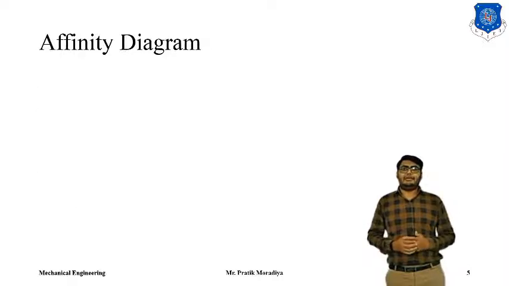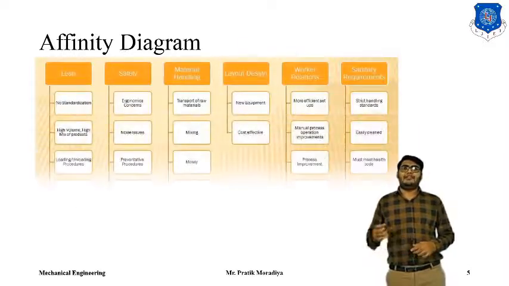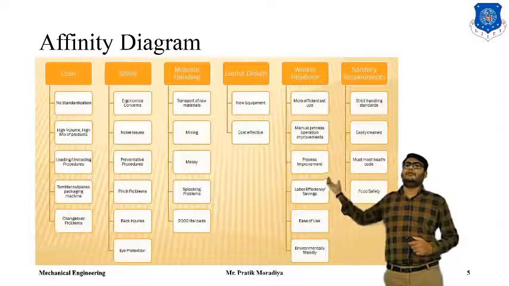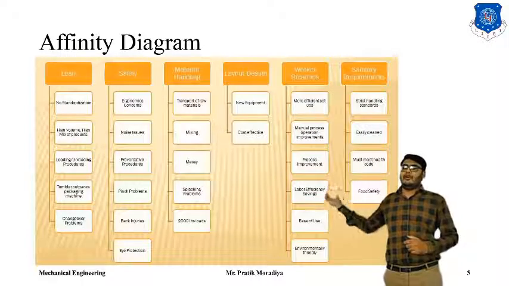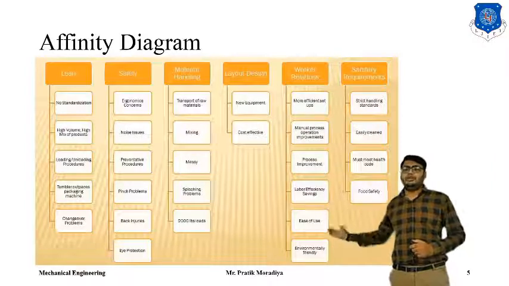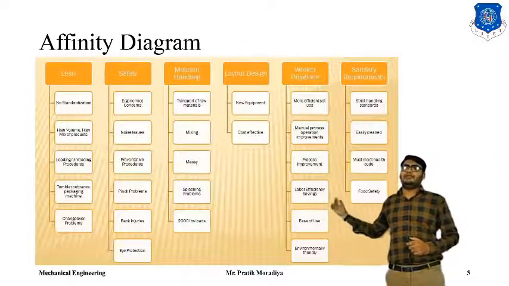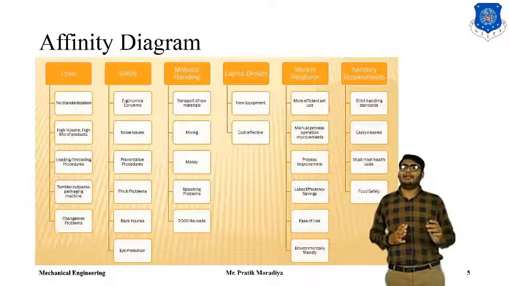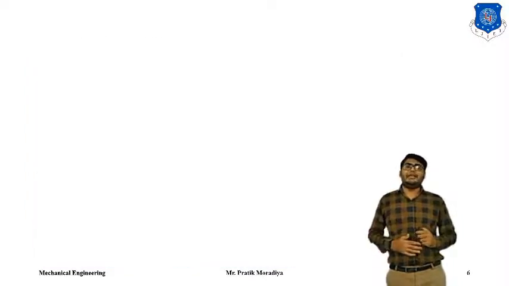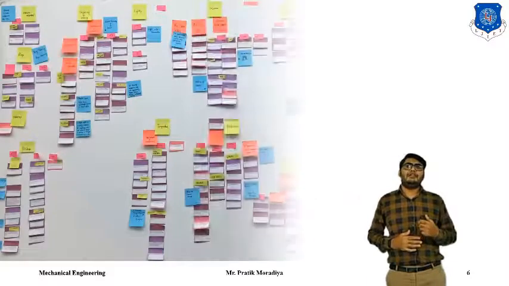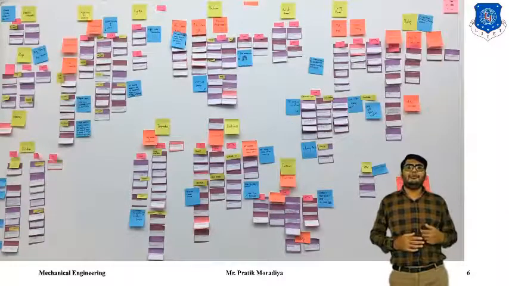This is a very simple method, and this is how an affinity diagram might look, in which each group has a single category and all of them have different types of needs under them, which are all similar. So basically, this is what an affinity diagram is. It is a very simple concept, not complex at all, and it is performed by the design team. In real life, we will have a large number of needs, so our affinity diagram and number of groups will be very complex.